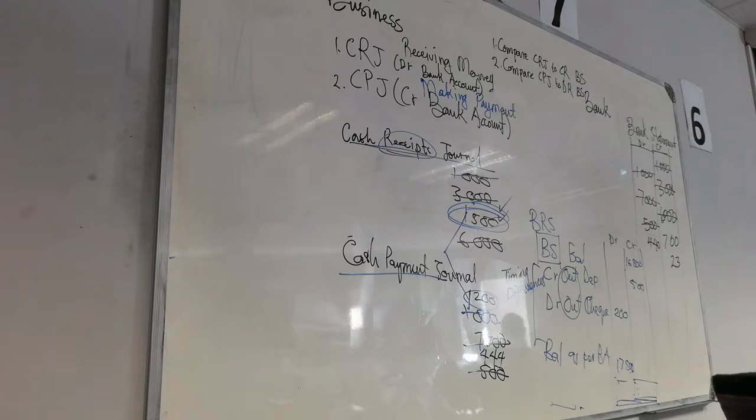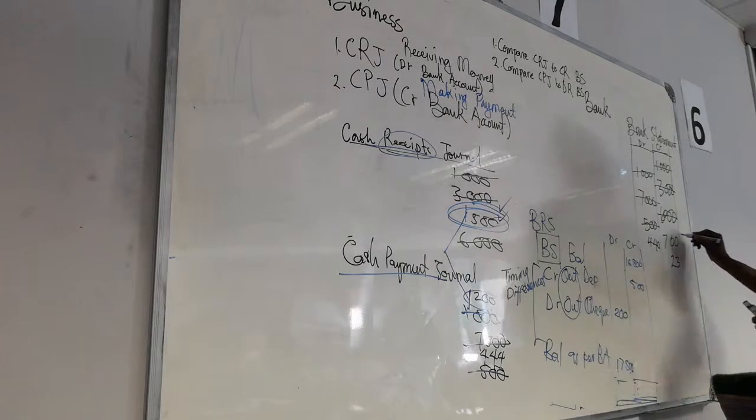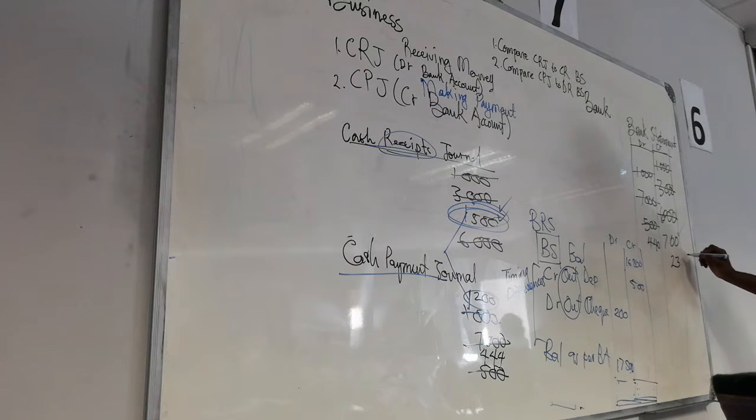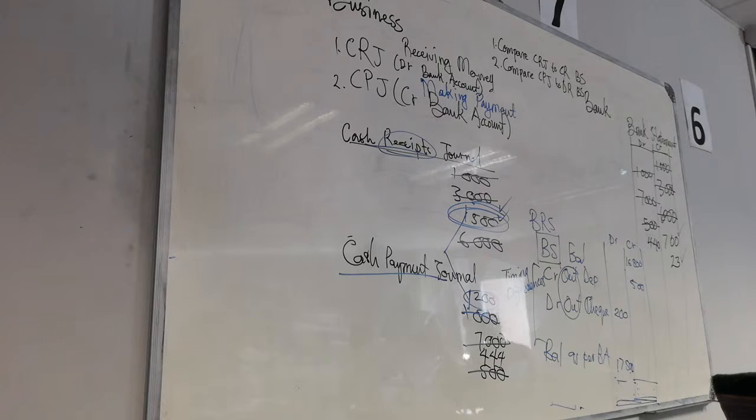The other set of differences that we can find is the fact that the bank has 700 on the credit side, the bank has 23 on the credit side. So, in the same way that we can have transactions that the bank doesn't know about, the bank can have transactions that you as the business don't know about. What transactions are those? Pardon? Bank charges, for example, yes? You don't know how much they charged you until they give you the statement. Are we together? What else?